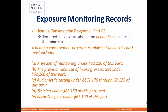Also, part of the exposure monitoring records is going to be noise monitoring or hearing conservation programs. And the program itself is going to be required if we have exposure above the action level at the mine, and that is going to be 85 decibels over an 8-hour time-weighted average. This is also going to be part of MSHA's health sampling,